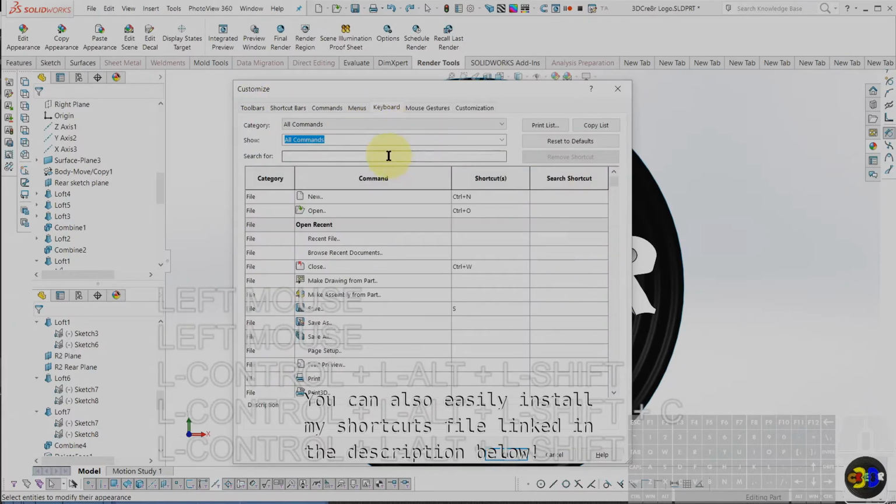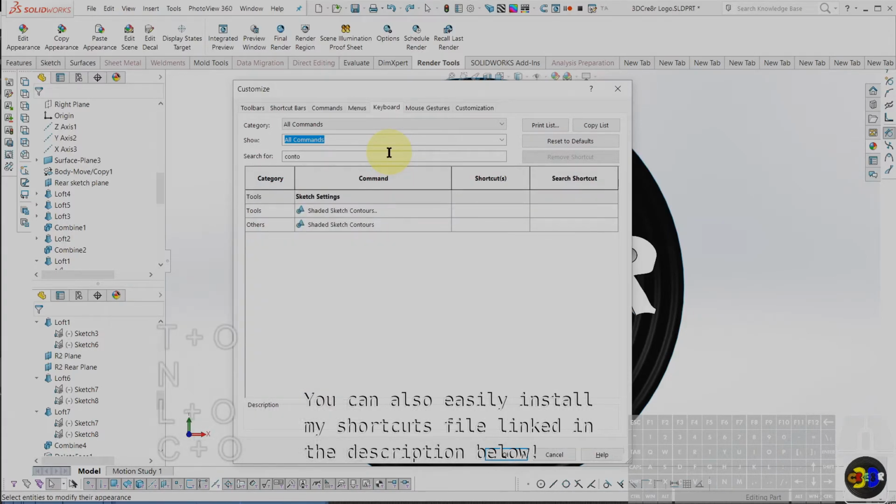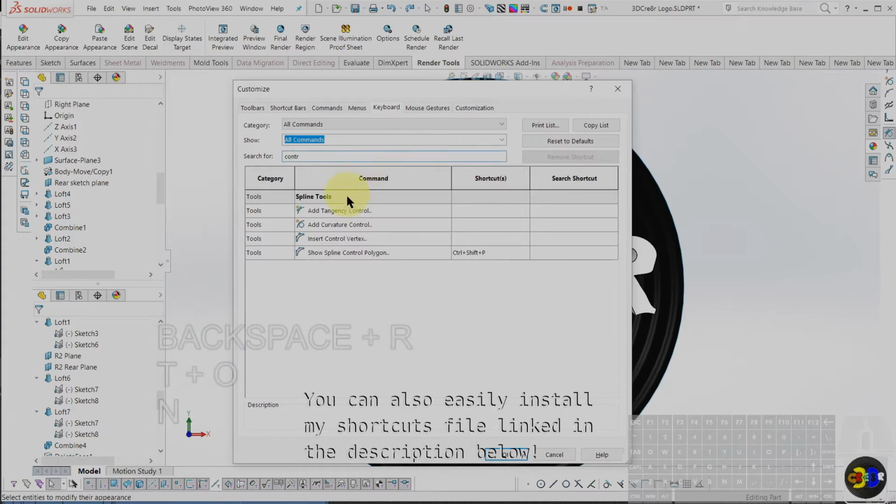Click Keyboard, and now, for example, if I type Control into the search window, you can see Show Spline Control Points. Close enough. Is Control-Shift-P,